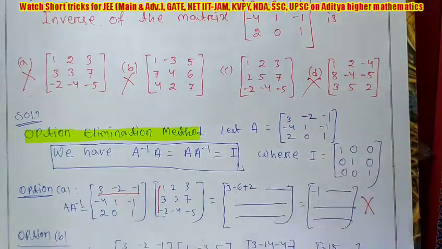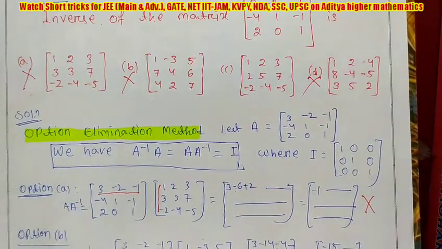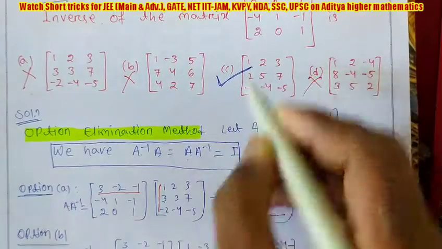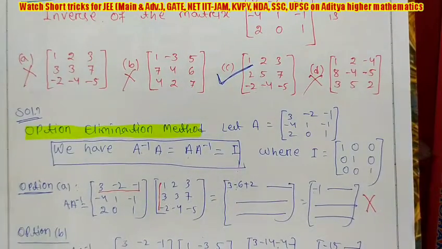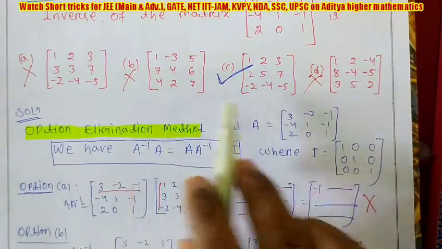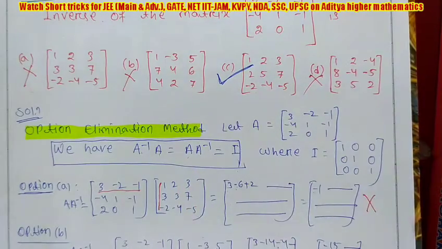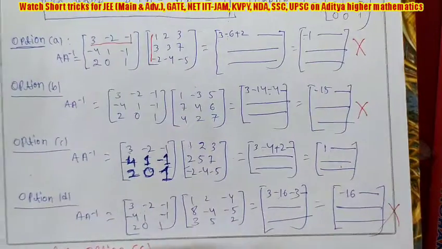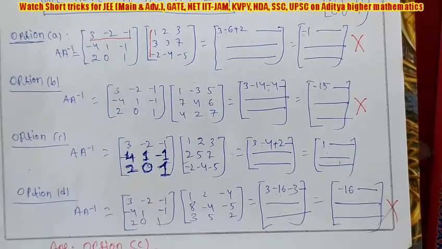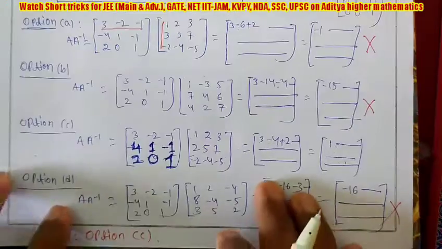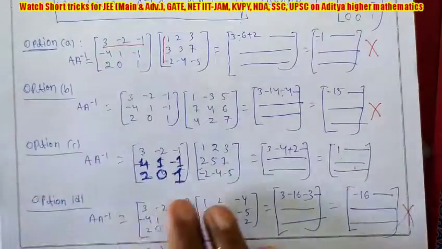So I think there is no doubt to take option C as our correct answer. Because out of 4 options, at least one option must be correct. Since the other 3 options are wrong, automatically the remaining option we are getting is C, which is correct. So this is the option elimination method, and in MCQ questions, if you are getting options, then it is helpful. Now we will discuss the shortcut method. And this is an important trick.